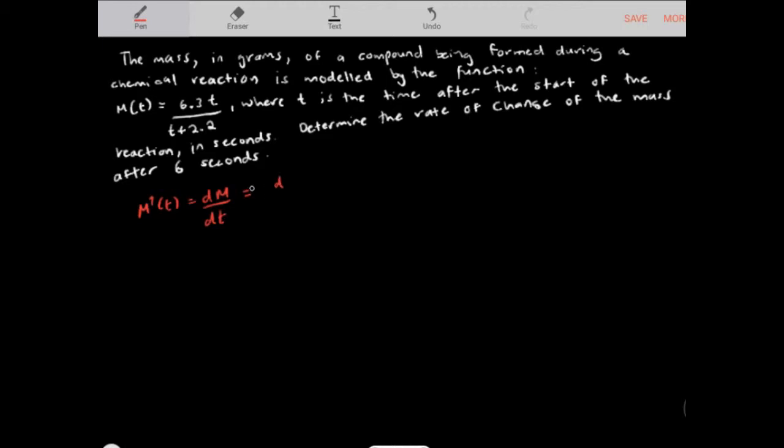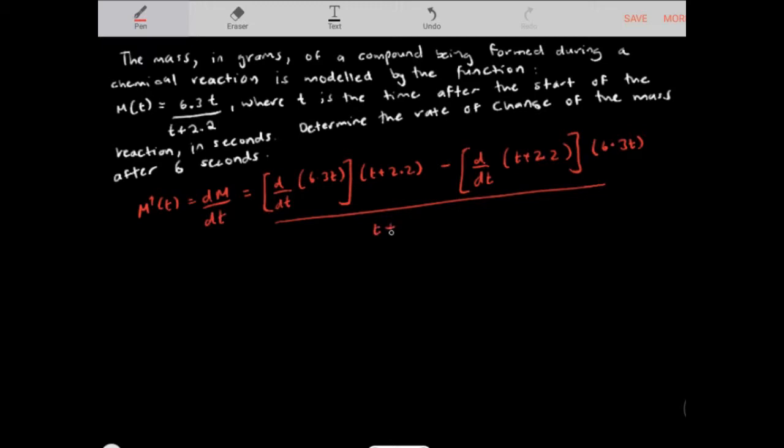So I'm going to do the derivative of the numerator with respect to dt, 6.3t, times t plus 2.2. Okay, and then I'm going to subtract this by the derivative of the denominator, t plus 2.2, times 6.3t, and then I'm going to divide all of this by the denominator squared, so t plus 2.2 squared. Okay, so the derivative of 6.3t is basically 6.3 times t plus 2.2, minus the derivative of t plus 2.2, which is 1, times